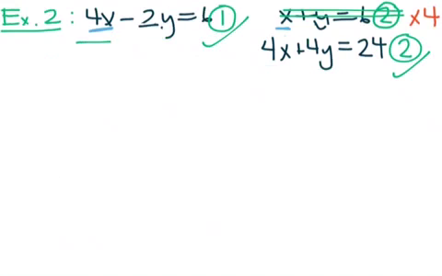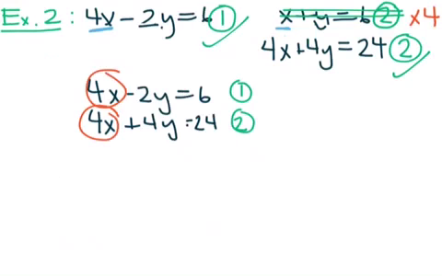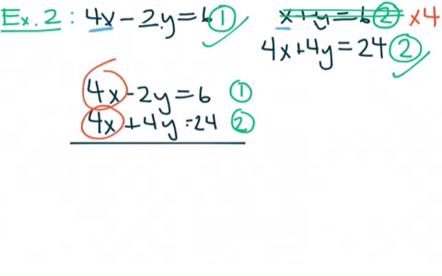So now let's write them one on top of the other. So I'm going to write the first one, 4x minus 2y equals 6, and that was equation number 1. And then I'm going to write the second one, 4x plus 4y equals 24, and then write that this is the second one, and I can see right away that these two, when we subtract them, they're going to completely erase, which is exactly what we want. So now I'm going to subtract them. I'm going to do 4x minus 4x, well that is just 0. And then I've got